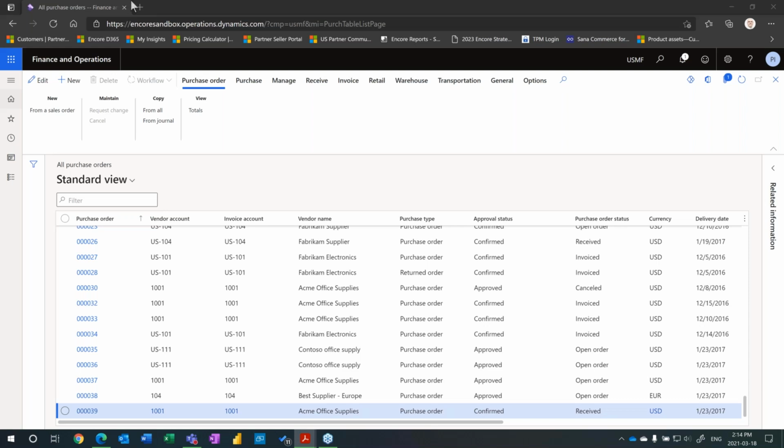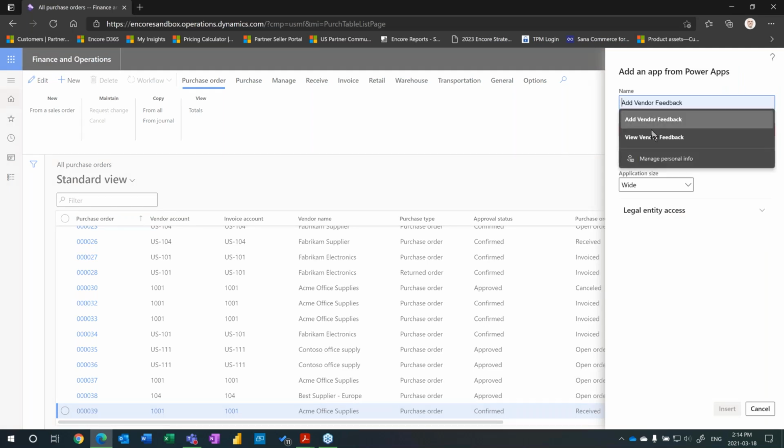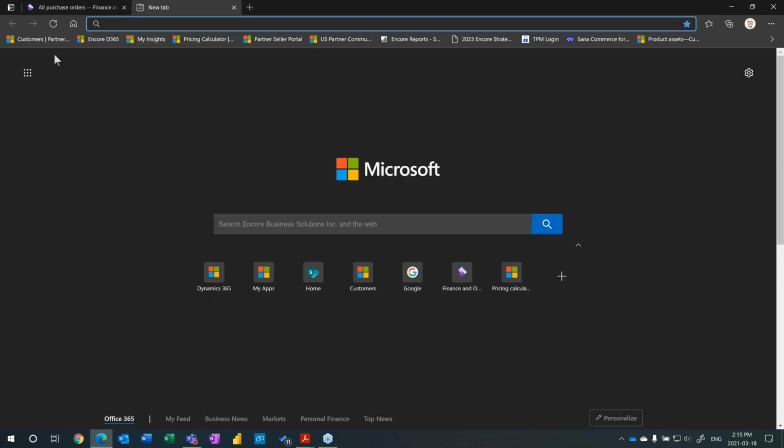So today, I'm currently using the Dynamics 365 F&O sandbox environment that we have at Encore, and I'm currently on the All Purchase Orders form. And so on the top right of the screen, you see there's a Power Apps icon here, and if I click it, I can then go to add an app. And so now I need to enter an app name. So in this case, it's going to be called Add Vendor Feedback. And the next thing I need to provide is the app ID. So you can either get this from your IT department, or if you have access, I'm just going to click on Home, which I have mapped to